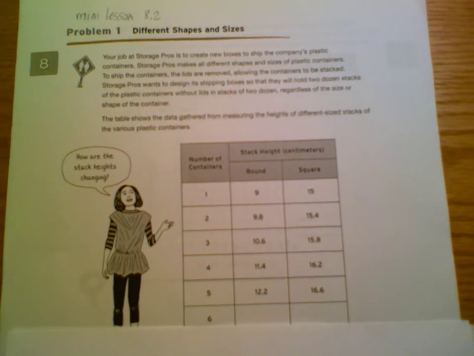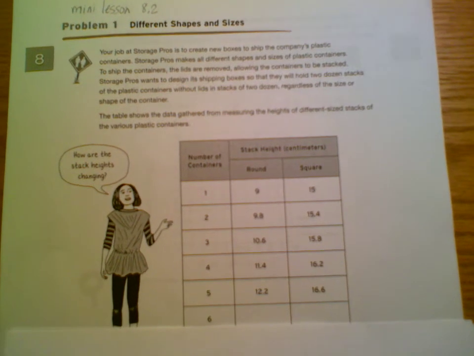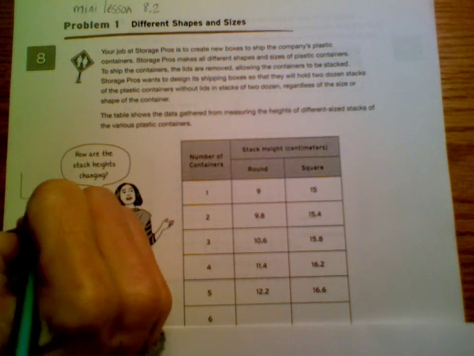This is the mini lesson for 8.2. So this is about stacking containers. When you're trying to visualize this, visualize Tupperware containers that your parents have